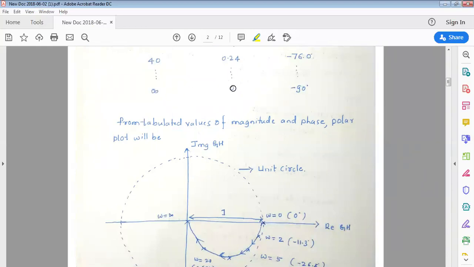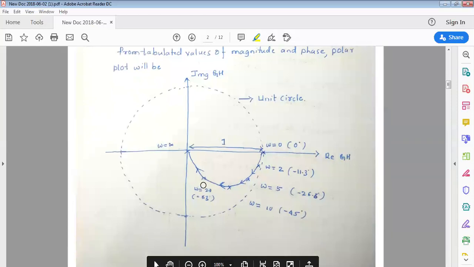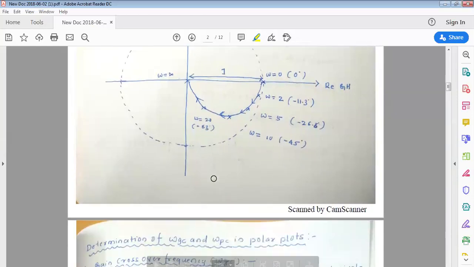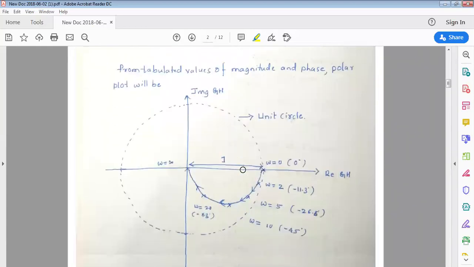0, right? So the same thing, its angle is what? Minus 90 degree. See, here I have written: when omega equals infinity, the magnitude is 0, exactly the origin. The angle is minus 90 degree, and minus 90 degree is this one, right? The graph started from this point, goes on reducing the magnitude with a negative angle, and reaches 0. So this arrow mark that I have shown is the polar plot, just a magnitude and angle plot, right? With the help of this table, you can easily draw the graph.